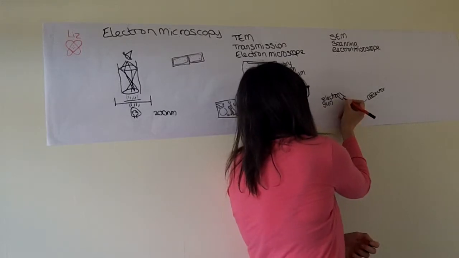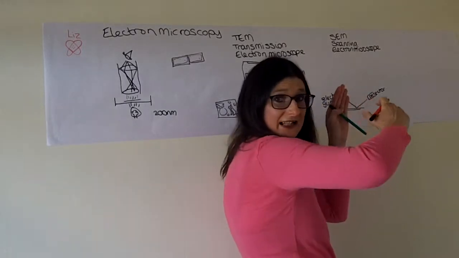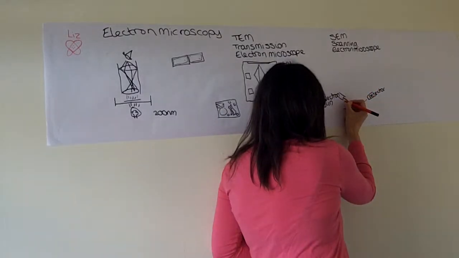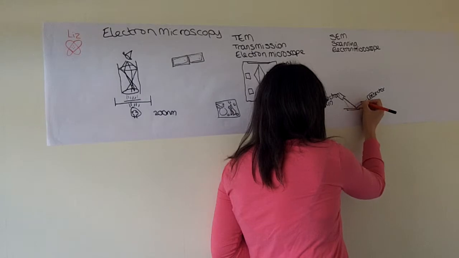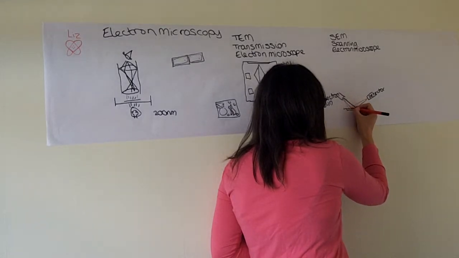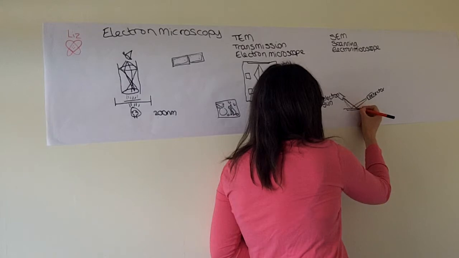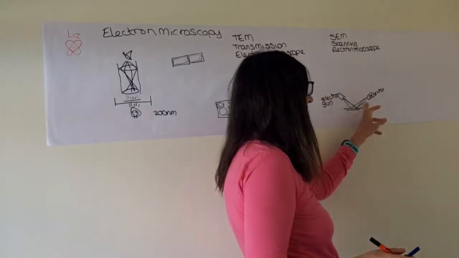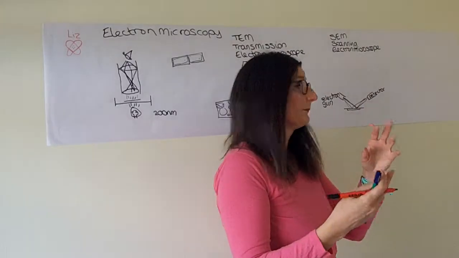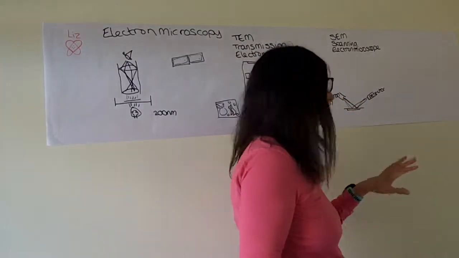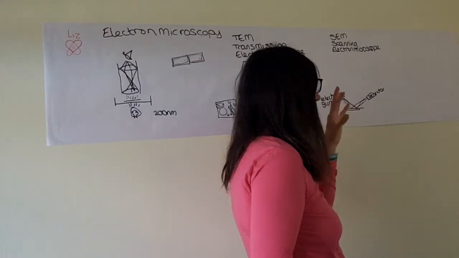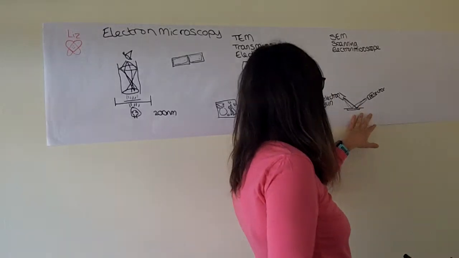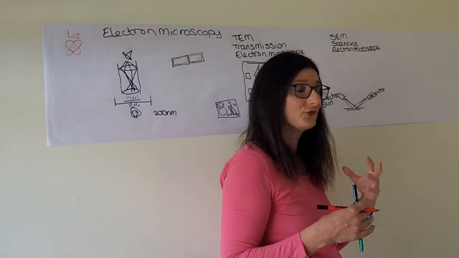How it works is this electron gun scans across the sample. So it'll start beaming beams down here, which will come back there. And by looking at the angle of the reflected electrons, and the angle of the electron gun to start with, and also by taking into account